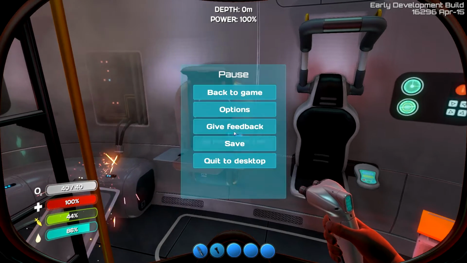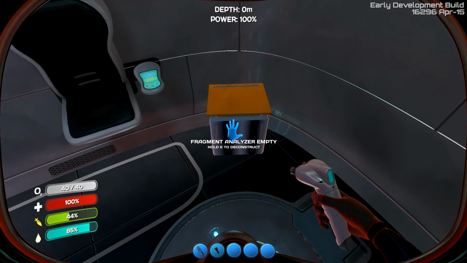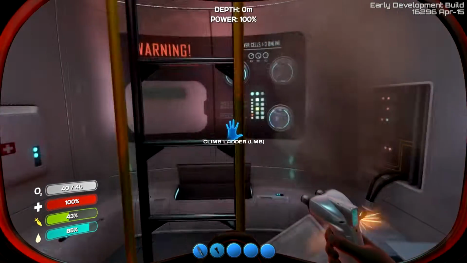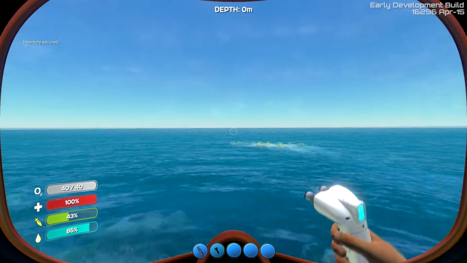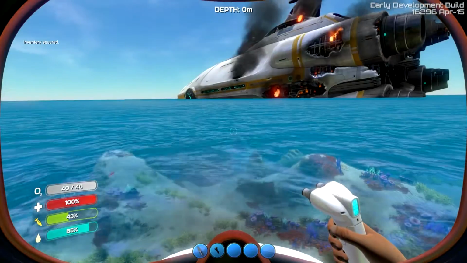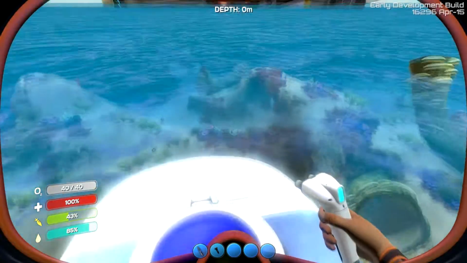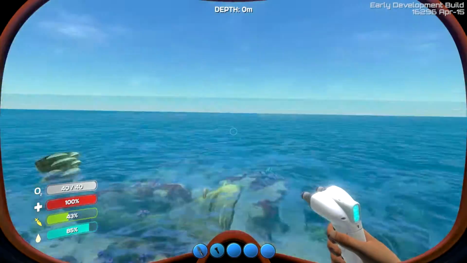There's some other more complicated ways to make things. But yeah, and we also have a fragment analyzer to analyze fragments, obviously. So let's take a step out of our pod and climb the ladder into this lovely ocean world, and there's our crashed ship. So this was meant for, I guess, a terraforming mission on this planet, which seems to be